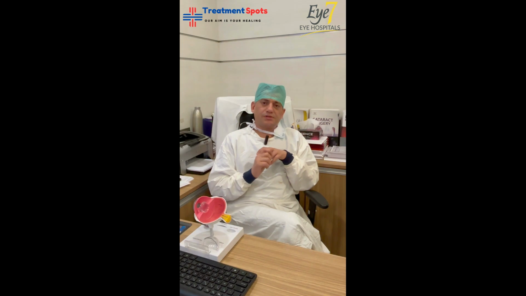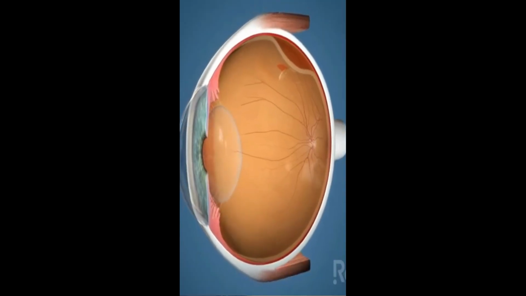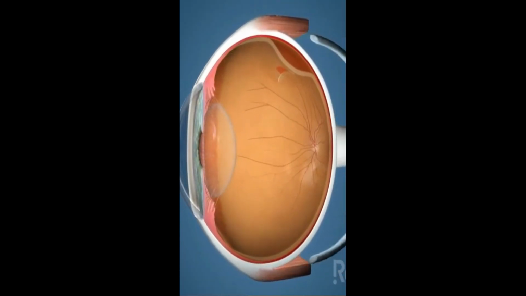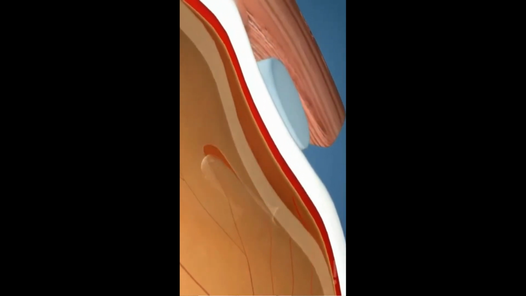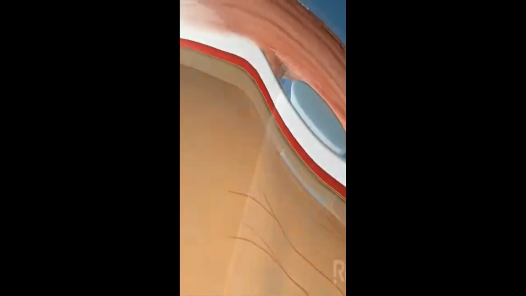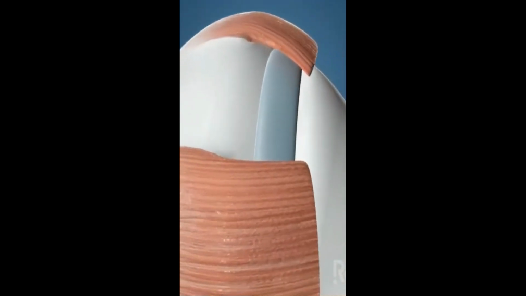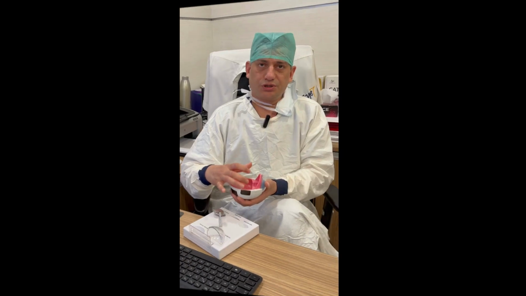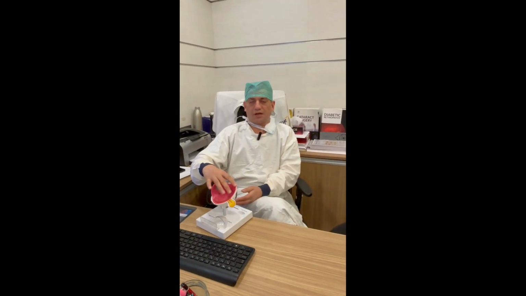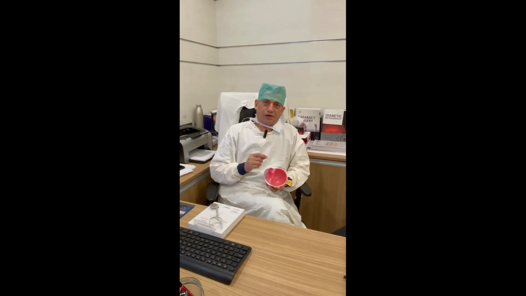Second option is scleral buckle. Scleral buckle means that it is a silicone band, a rubber band kind of thing, which we put behind the muscle. So we pass this silicone band beneath these muscles. This band just pushes the eye slightly towards inside, so that the area of the retina gets opposed where the retinal detachment is. Third option is what we call vitrectomy, an endoscopic kind of procedure